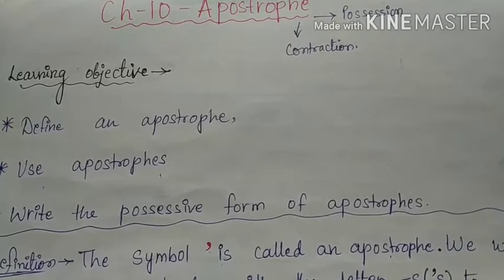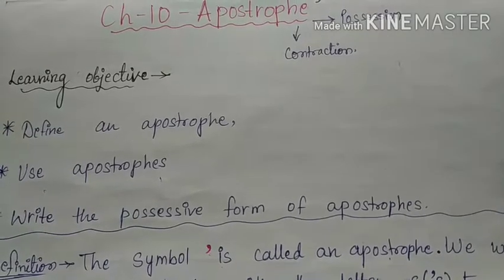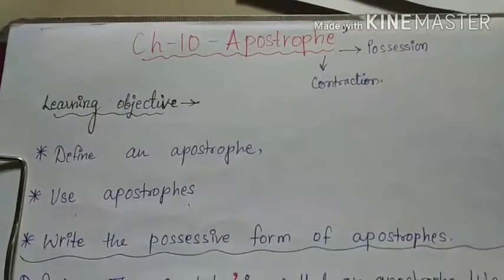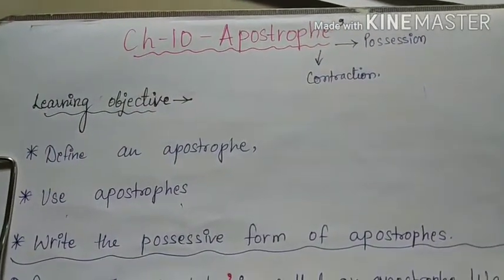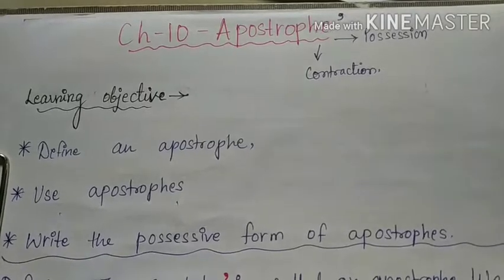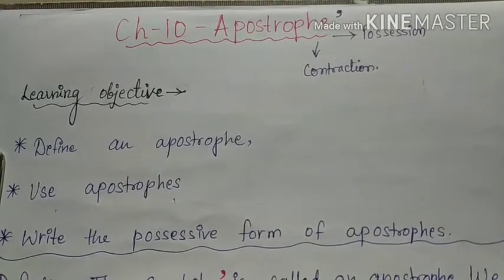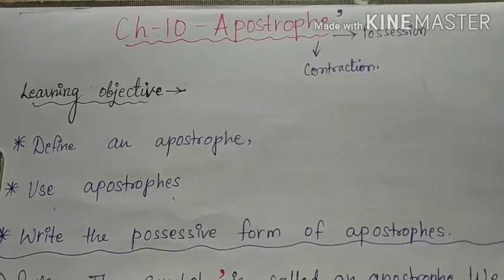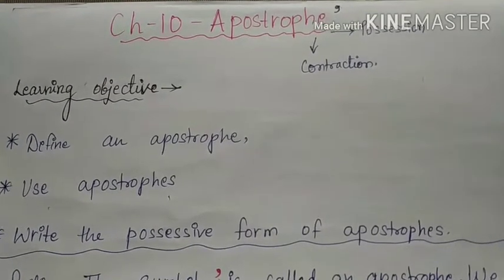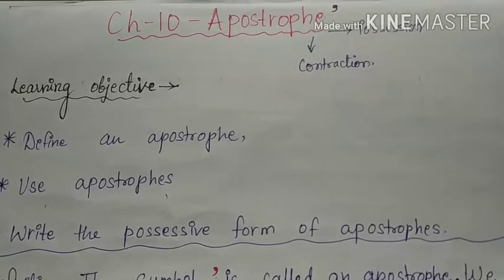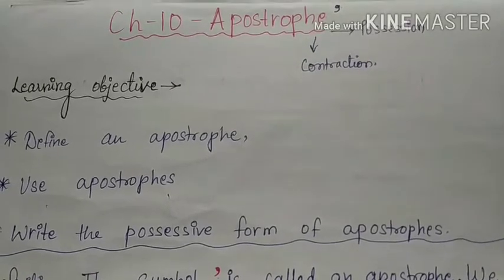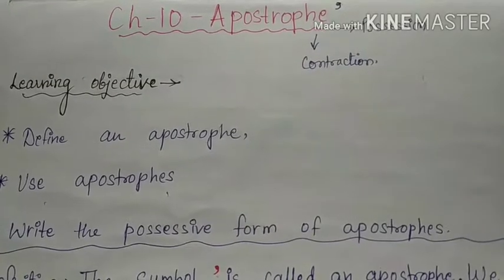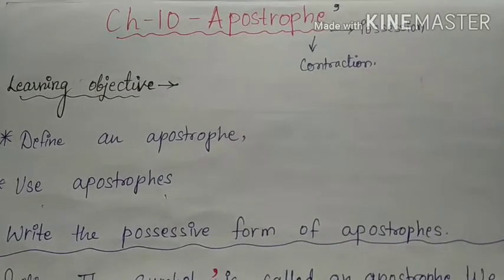However, an apostrophe sits high on the line. High means ये ऊपर लगाया जाता है. Alright, and it is used very differently from a comma. So it is different from a comma, not the same as a comma. Apostrophe is different and comma is different. Comma हम नीचे लगाते हैं to differentiate the items, whereas apostrophe हम ऊपर लगाते हैं to show the position.